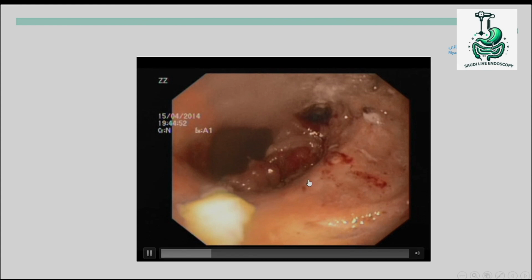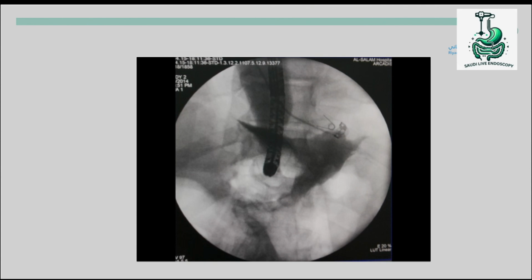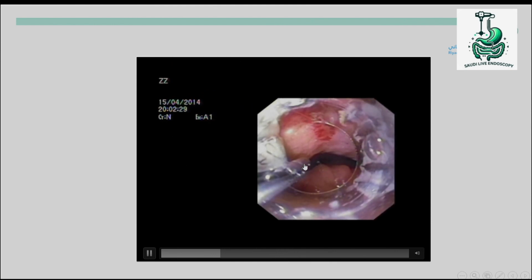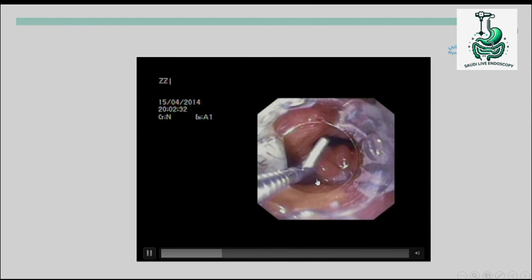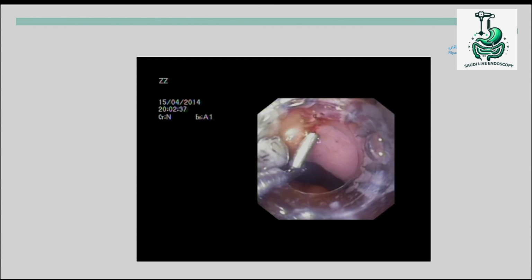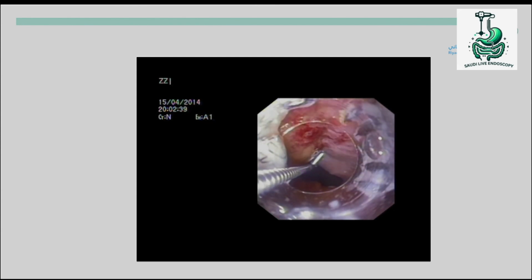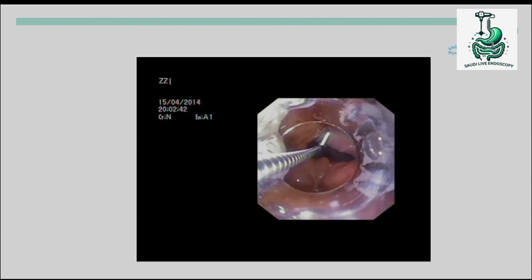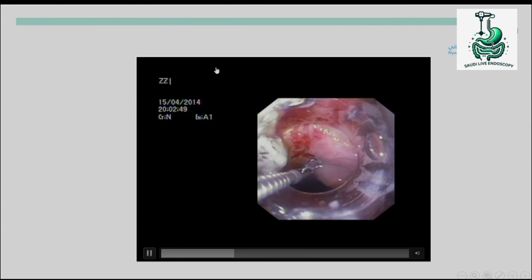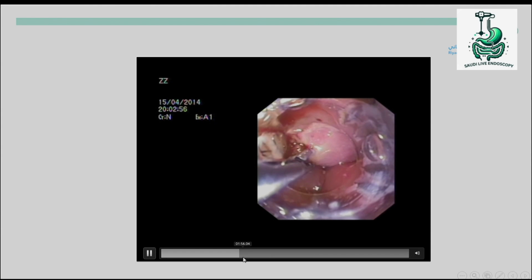In this case, due to the very large dehiscence, we decided to do some approximation first before trying to do anything. As you can see here, the contrast is going everywhere. There's no fistula or anything like that. So we decided to approximate the tissues a little bit. We used an Ovesco clip, using the twin grasper. We know very well that any clip you put here won't hold, but we just wanted some approximation to reduce the healing time a little bit. So here we applied an Ovesco clip